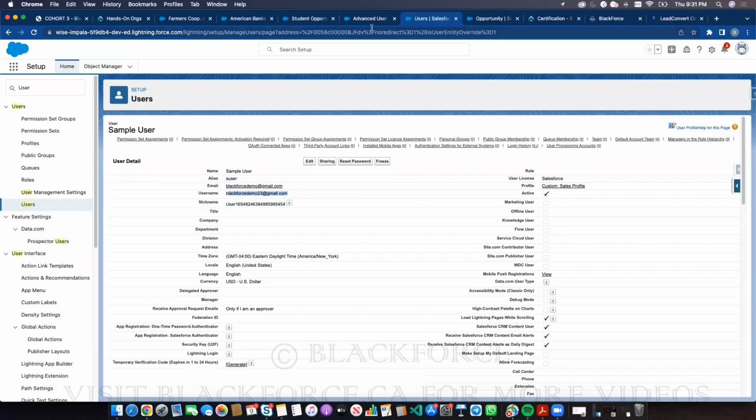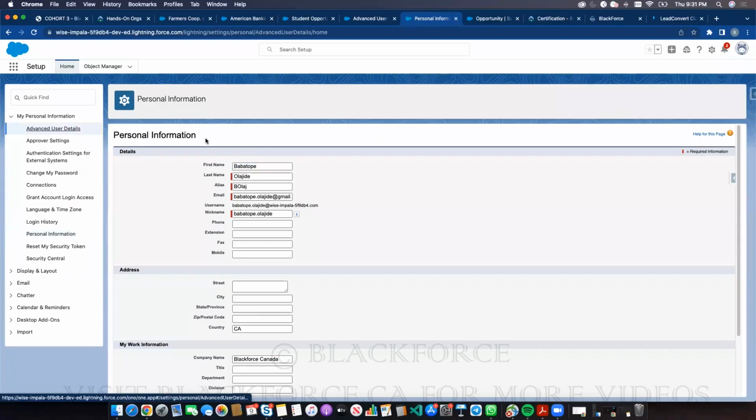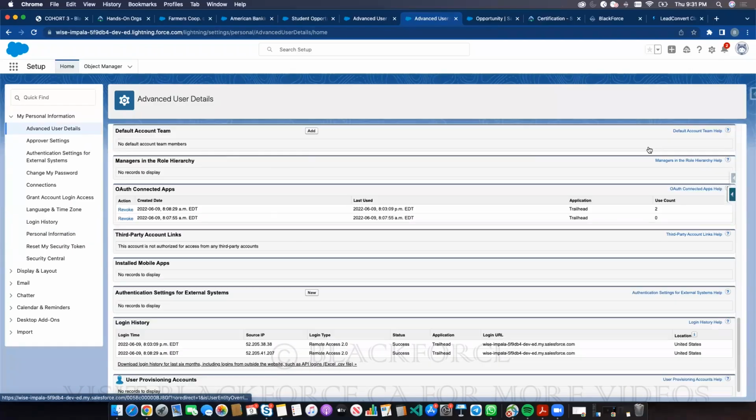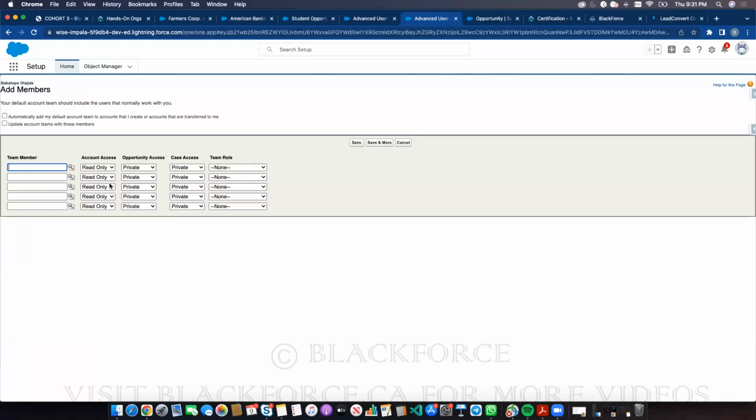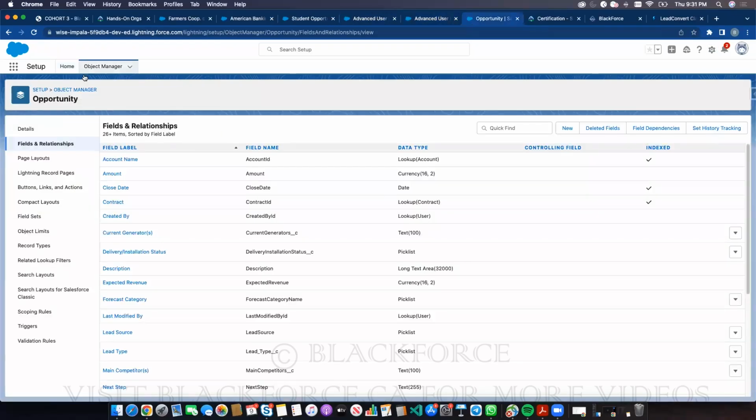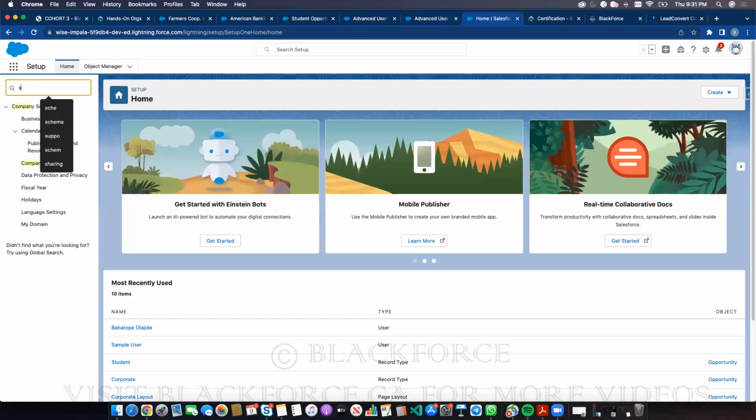So now that we have that, I can go back to my settings for my profile, and I just set a default account team, okay? You have a default account team, which is a user you just created, and you give it access. So remember, the access you're given is based on what the sharing settings are in the system. So if the sharing settings is private,